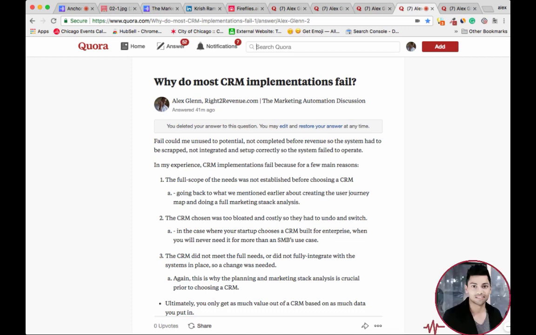Go ahead, Krish. Ultimately, you only get as much value out of a CRM as how much information and data you put in. The problem is most reps are focused on, I need to get data in, but not on the conversations that they need to have. We've gone the completely other way and become slaves to our systems in some cases, where reps spend more time managing the system or end up hiring people to manage the system.